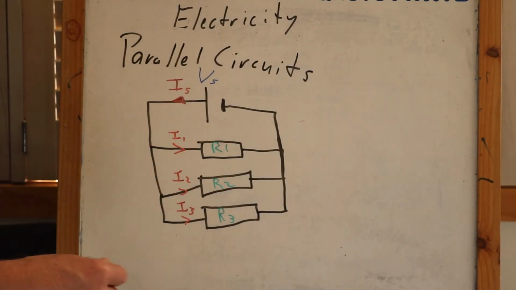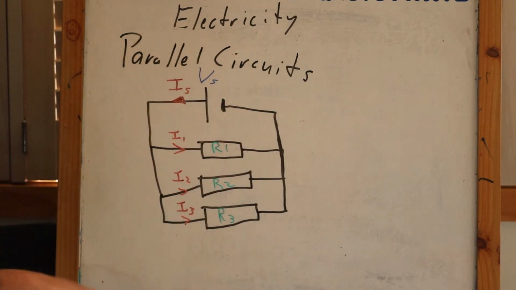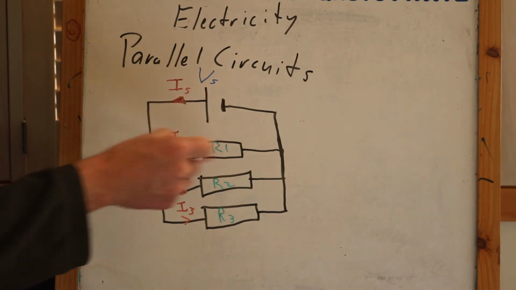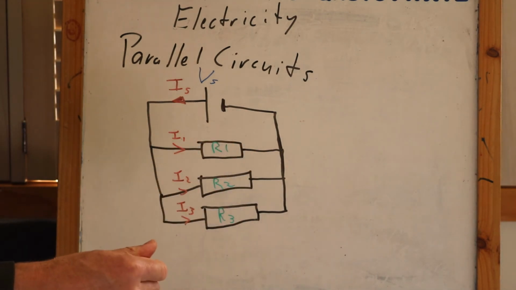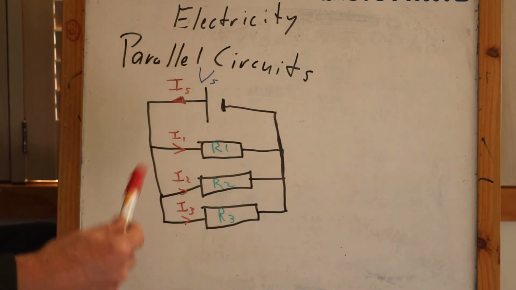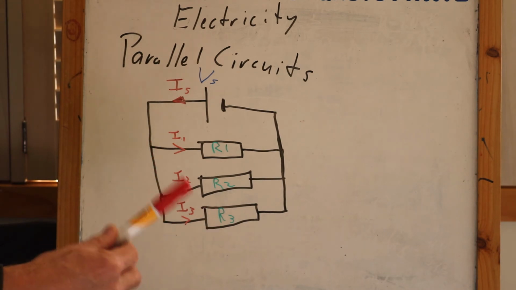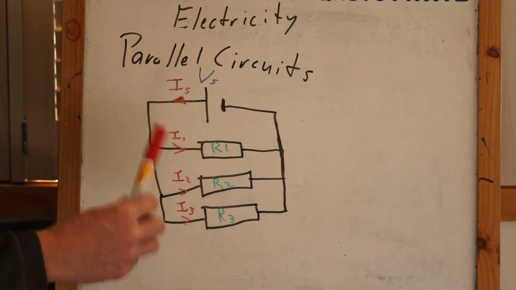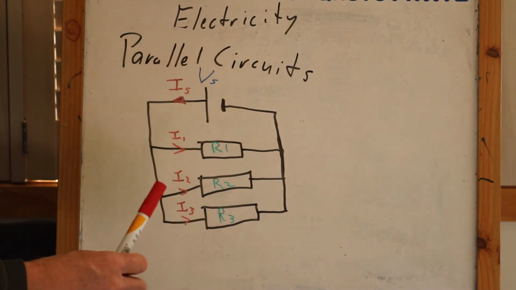So this time my resistors are arranged in a way that each one of them is actually connected to the power source. That means our conventional current now has options. It can travel from plus to minus going through resistor 1 or resistor 2 or resistor 3. Now, just like your average student, current is lazy and it will take the easiest pathway possible. So if resistor 1 has the lowest resistance, most of the current will travel through here